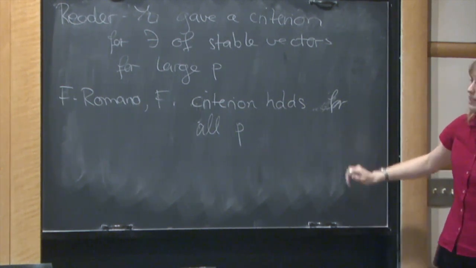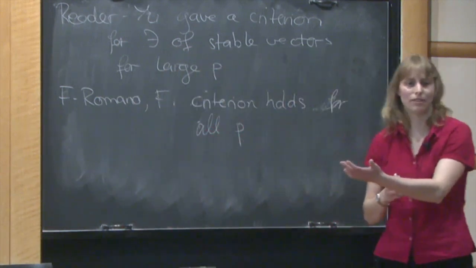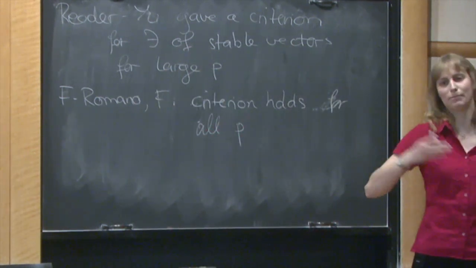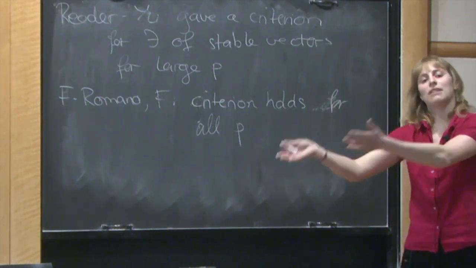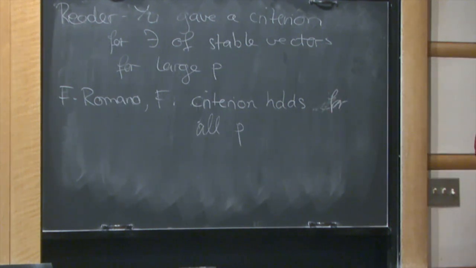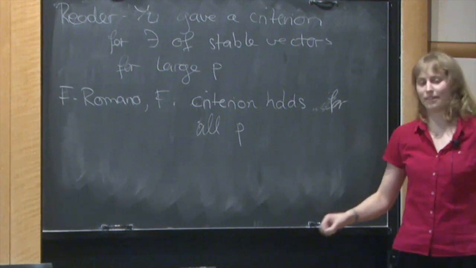So what we did is we used this global model to say, oh, basically the Moy-Prasad filtrations all look the same. They are all special fibers. And then we say, for large primes p, we know what it is. Now we transfer the result to small primes, and we know that it exists for small primes if and only if it exists for large primes, where we know the existence. Okay, thank you very much.